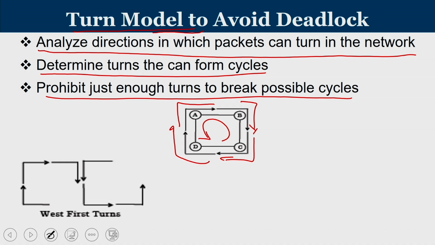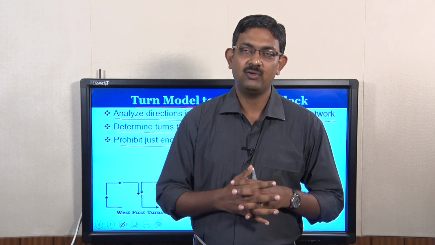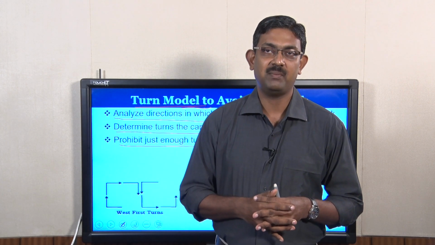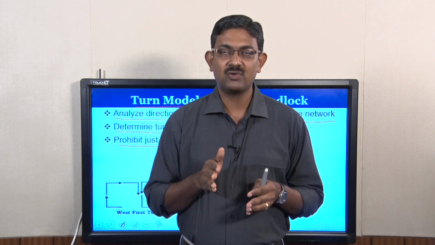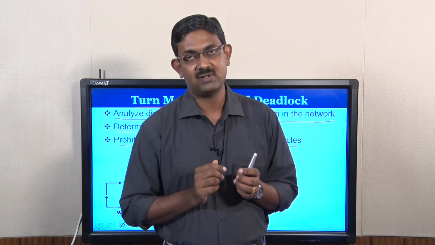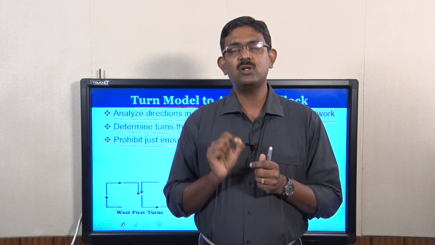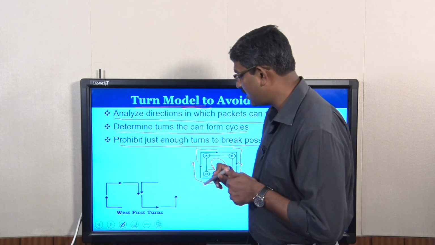The first category of routing is called west first turn. In west first turn, if at all a packet wanted to travel towards west direction, then right from the source travel only in west direction. If you take any non-westward movement, then no more west turning is being permitted. So there won't be any case of you traveling through north and take a west. There won't be any case where you travel in south and take a west. So southward movement followed by westward deviation, northward movement followed by westward deviation, they both are prohibited.